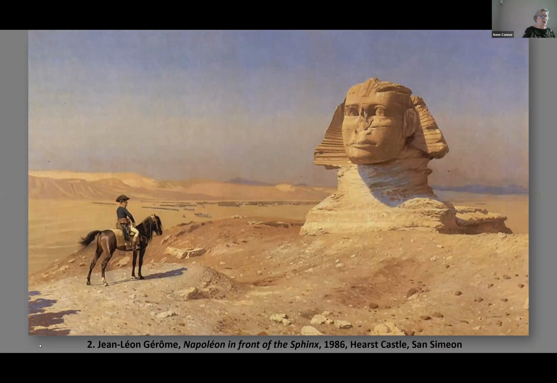As I mentioned, Jean-Léon Gérôme went to Egypt, but later on he imagined, I mean, this is painted in 1886. The Napoleon campaign is in, no, what am I saying? I'm going to say, no, it's actually 1796. I'm coming to it. So it's almost 100 years old by the time Gérôme paints it. And this is a very symbolic picture showing Napoleon standing in front of the Sphinx.